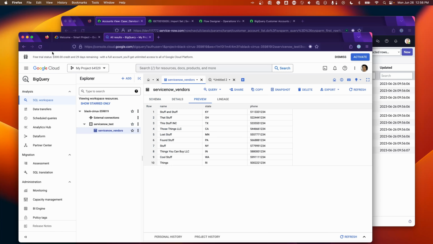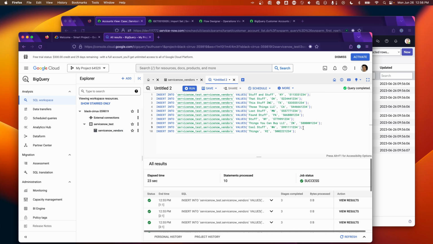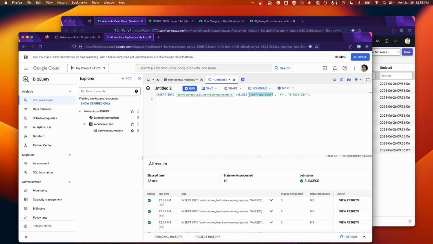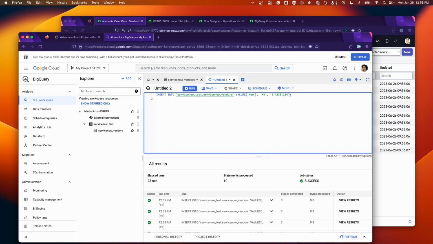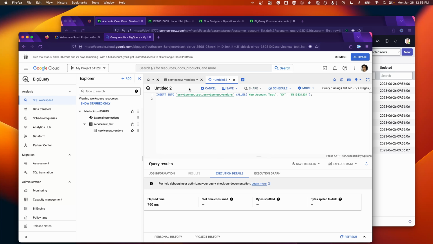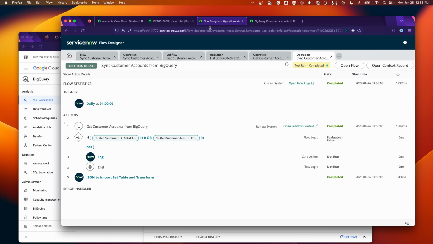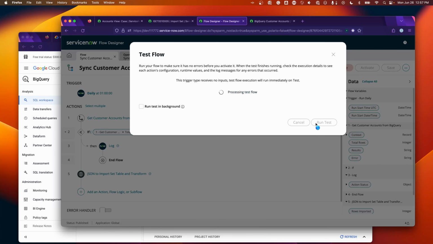So if we come over here and we add a new account, let's take all this out of here. So let's say it's the next day and overnight a new account came in. We'll call this new account test. Run that. The next day, our flow will run again. So we're going to manually trigger that. So run. Once that comes back,